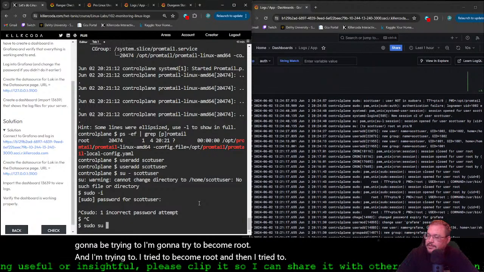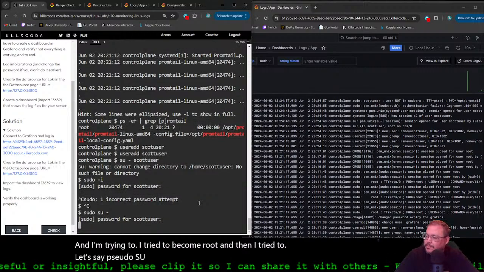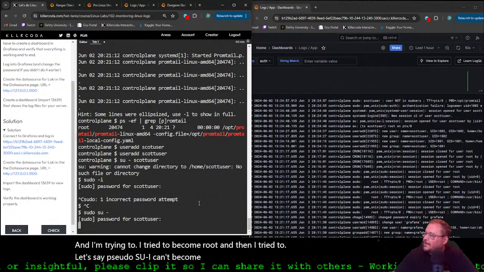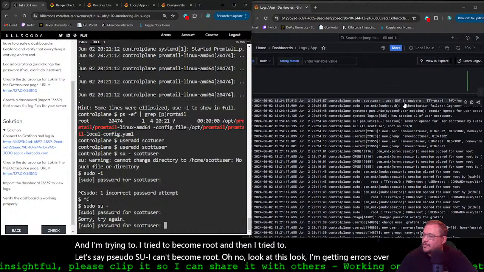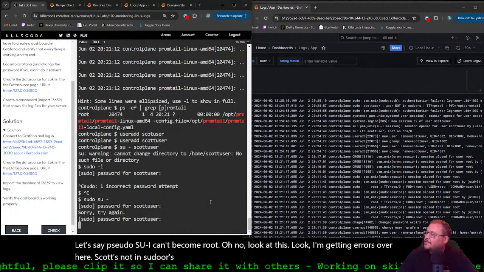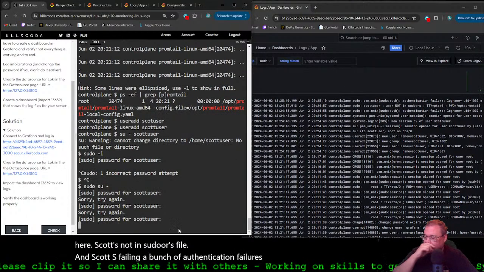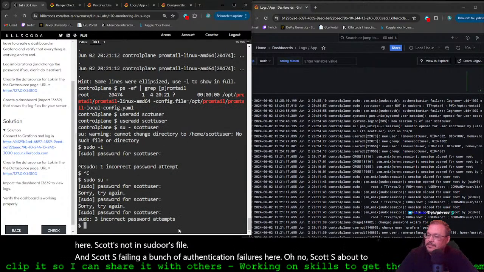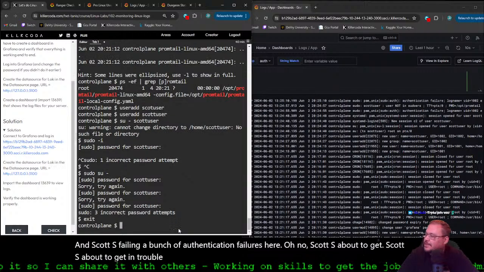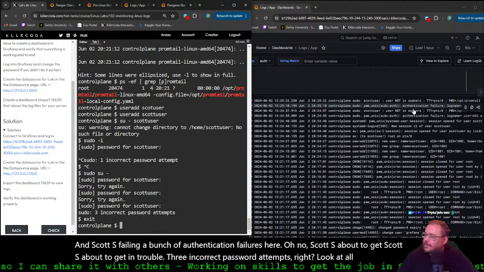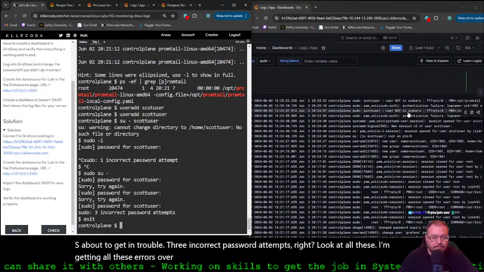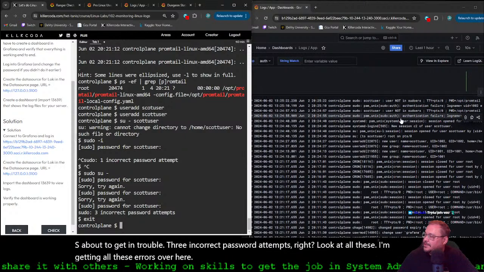Let's say sudo su -. Can I become root? Oh no, look, I'm getting errors over here. Scott's not in the sudoers file. And Scott's failing a bunch of authentication failures here. Oh no, Scott's about to get in trouble. Three incorrect password attempts, right? I'm getting all these errors over here. Yeah, Scott's trying to privilege escalate.